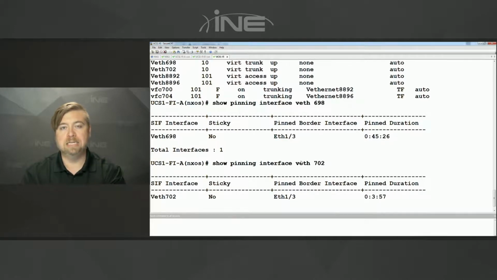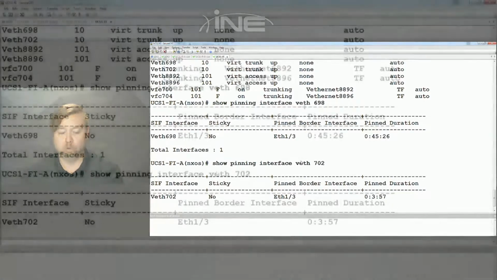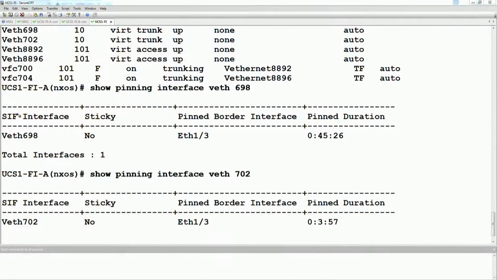Because remember that the key difference with end host mode for Ethernet is that you do not learn MAC addresses northbound. You do learn MAC addresses southbound from the FI down to the blades, but in order to reach the rest of the LAN, you have to make some sort of decision, and in this case, since we're not doing it based on destination MAC address, we're doing it based on this binding of the source interface, the server interface, bound to the border